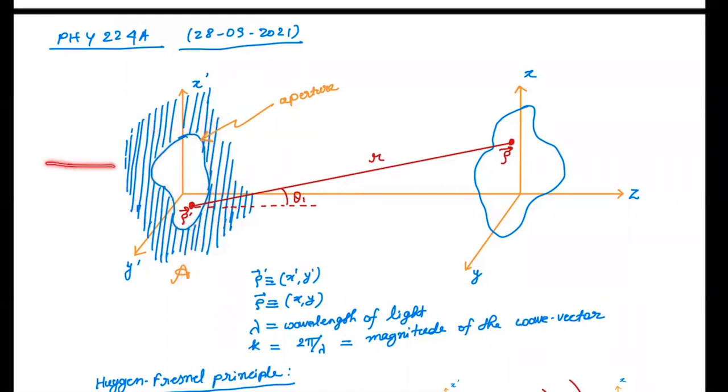Or light could also be coming from this side if it is a transparent object. Even if it's not transparent, even if it's a reflective object, the diffraction theory works the same way. You may have light coming on it from any direction, and then this object will be reflecting. So the point is, if this object is scattering, either due to reflection or transmission of light, the question that we ask in diffraction theory is: what is the intensity at this XY plane that is at the distance Z from this aperture?